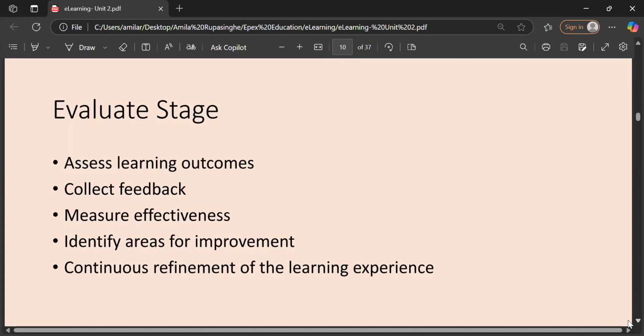You can collect feedback from different stakeholders who use this instructional design. Like you can collect feedback from other teachers, authorities, parents, and from children too. You can collect feedback about whether it is interactive, whether it is understandable, whether there are enough materials. All these things you can collect through feedback. Then you can measure effectiveness, whether the model, the way of teaching, worked or not. Identify areas for improvement. Then you might understand areas for improvement.